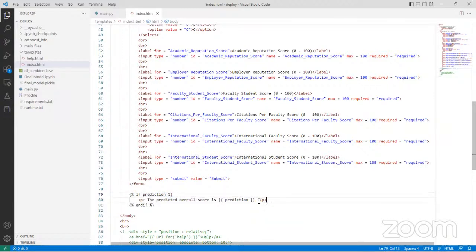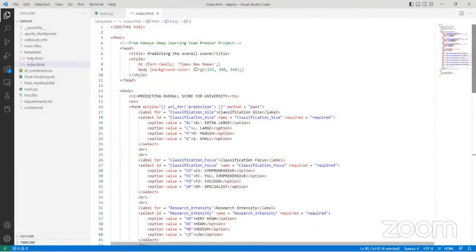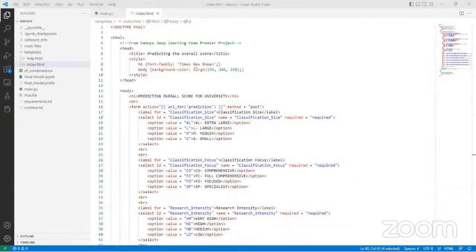The p tag is just you saying to write this out in standard text. So if prediction, the standard text will be what's written out, and then we have the closing and the end of the file, and basically that's everything about the HTML file. So I'm going to open up this HTML file so that you begin to see the difference. I'm going to open it up and